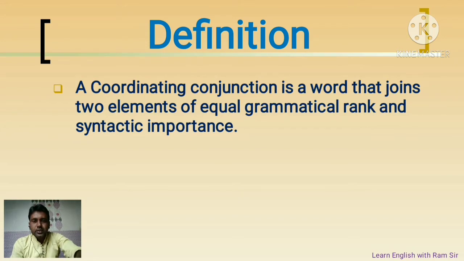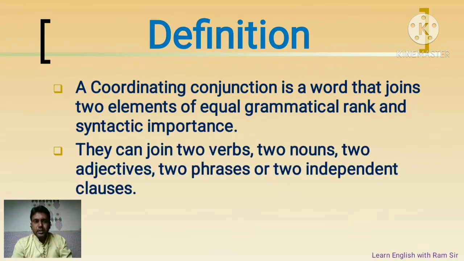And of course these conjunctions can join two verbs. Sometimes two nouns, two adjectives, two adverbs, and of course sometimes they connect two independent clauses. In the future you have to identify the clause from the sentence. So this is the base of the clauses, because if you don't know something about coordinating conjunctions, it's not possible to understand the similar part which is called clauses. So try to understand it very well before going to solve the examples of clauses.